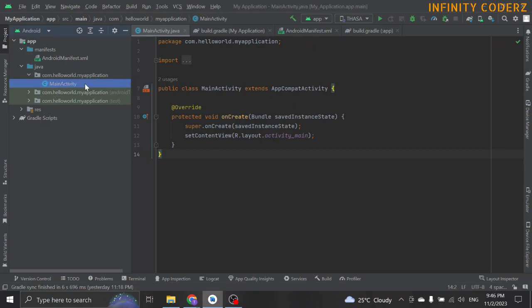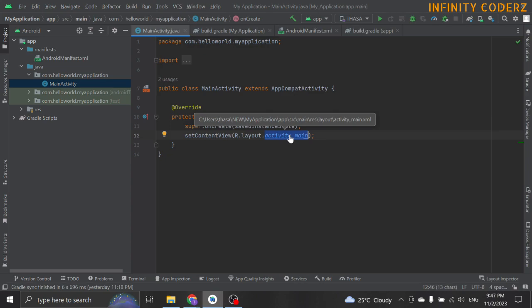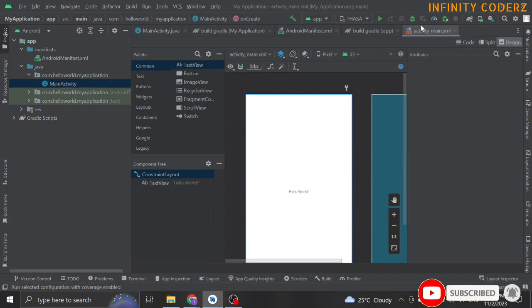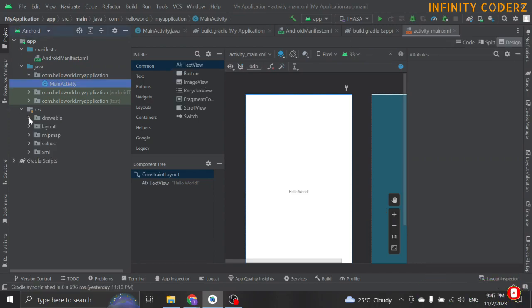In the main activity, the main thing that needs to be created is actually a content view. Android Content View is the primary user interface, UI, component of an Android app that displays the content to the user. It's a layout that contains UI elements such as views, buttons, images, and other widgets that the user can interact with. Click on the layout name in the activity, and it would open the XML layout file.